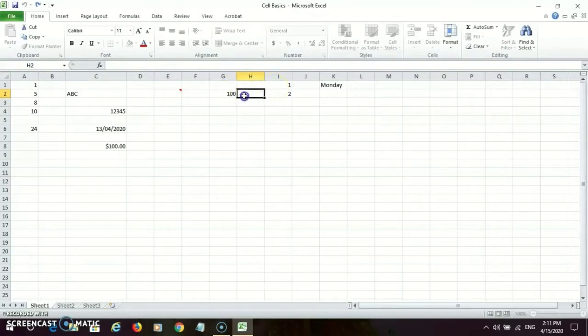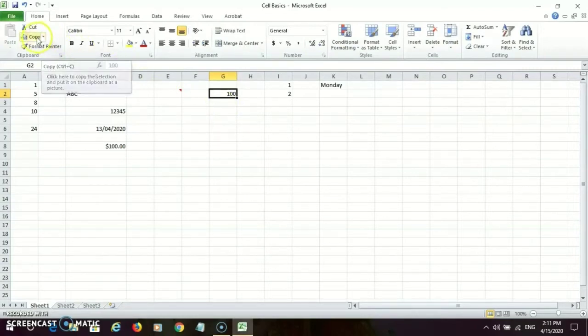Now suppose I want to copy this number from this place to some other place. So what I am going to do, I'm going to press Ctrl C, or I'll directly click on the command on the ribbon, which is the copy command, and I paste it in this place. This can be done in two ways. Either I click on the paste command and paste here, or press Ctrl V. So for copy, the commands are Ctrl C and Ctrl V. Ctrl C for copying the content and Ctrl V for pasting that content.